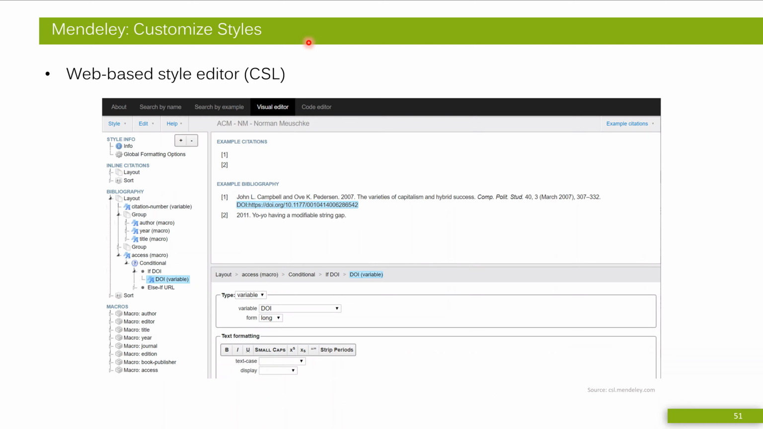Mendeley supports an open standard called the citation style language, which actually allows you to edit, adapt, change, extend existing citation styles, so how in-text citations and your bibliography are formatted. For example, you may want to add a field that is typically not intended for an entry in the bibliography, like here, the DOI. Not every standard citation style, for example, the one of ACM, supports printing DOIs by default. One option to enable that would be to edit the